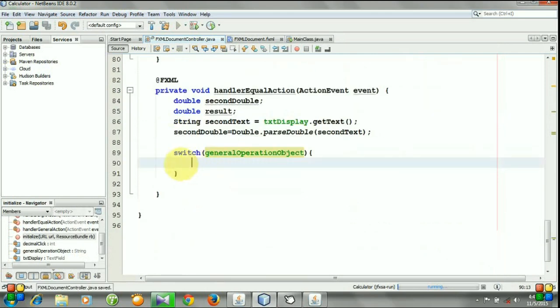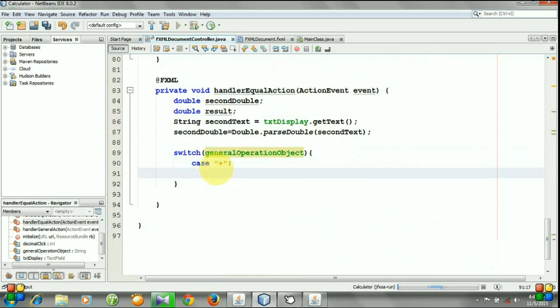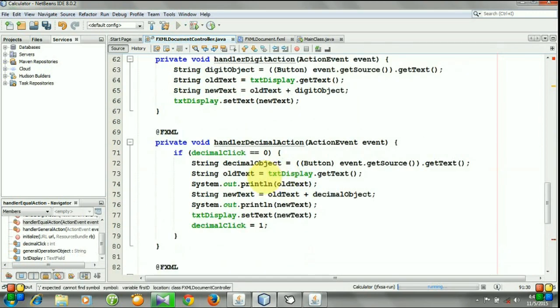You see the error is gone. So for case plus, what will happen? Actually, what will be the result? The result will be first double.